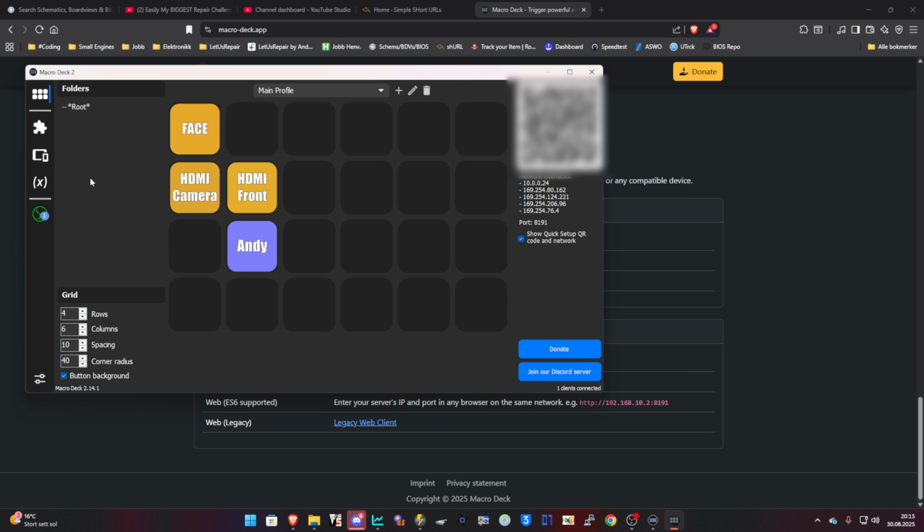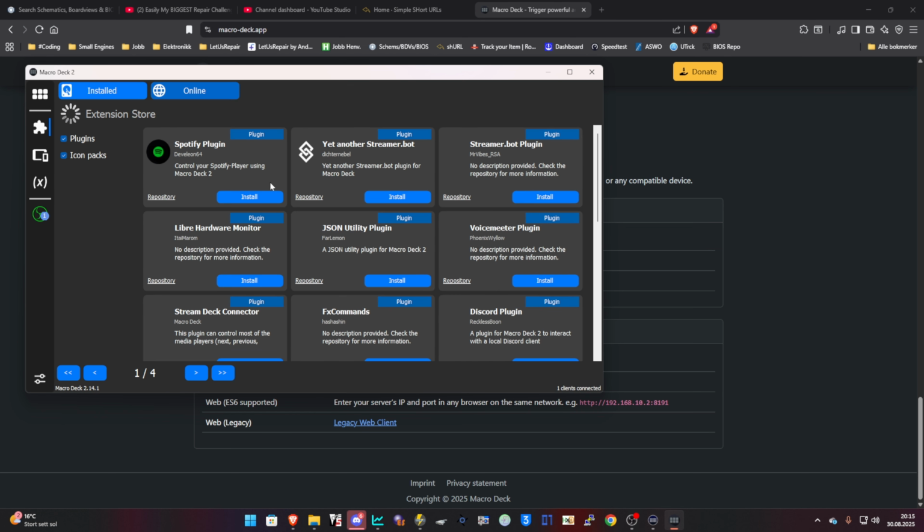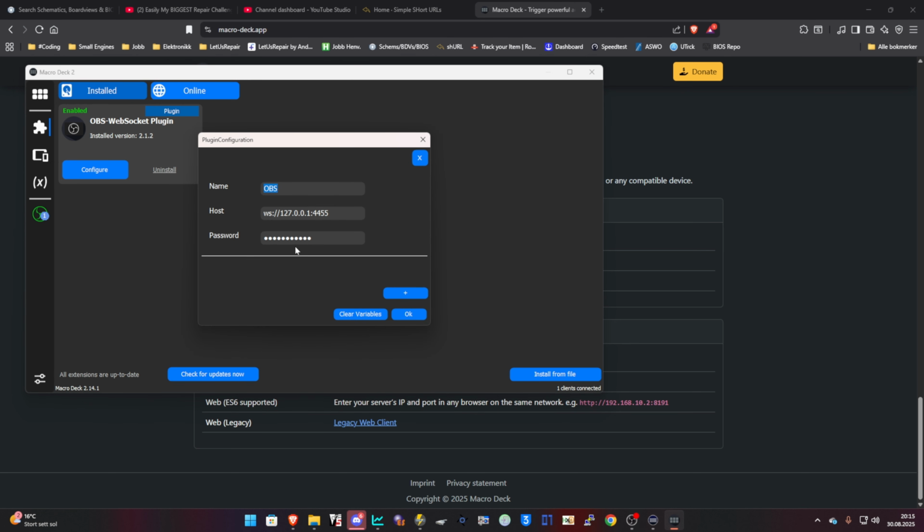In order to connect to OBS, what you want to do is go to extensions, and you just search, or you can see what's installed. You click online, and OBS will be one of the first. I have it installed, so I can just go to that, click configure, and this is just